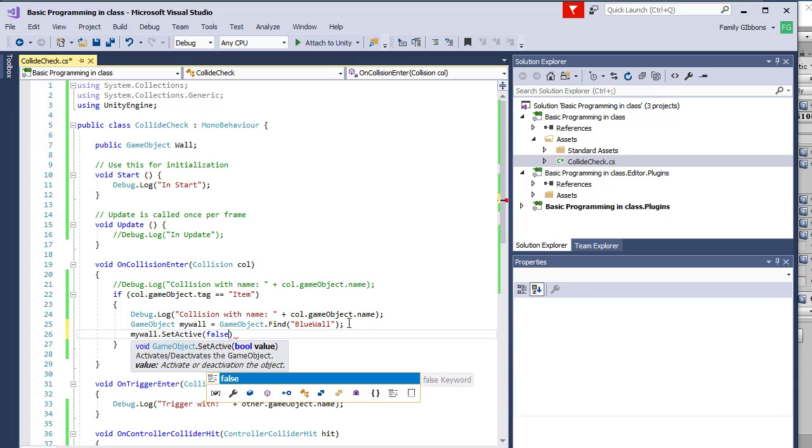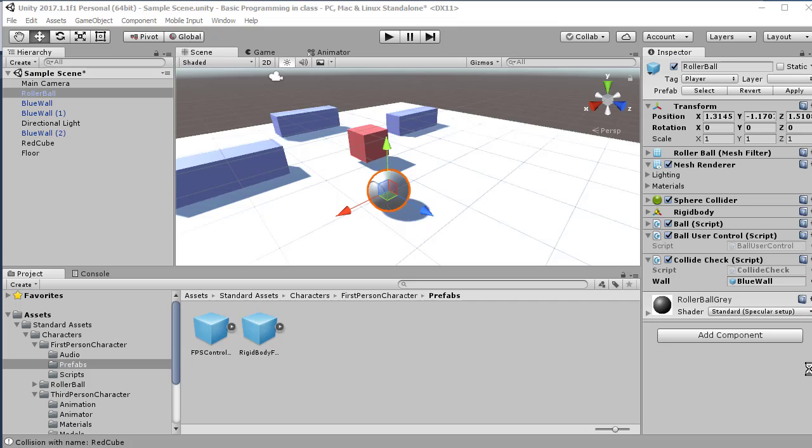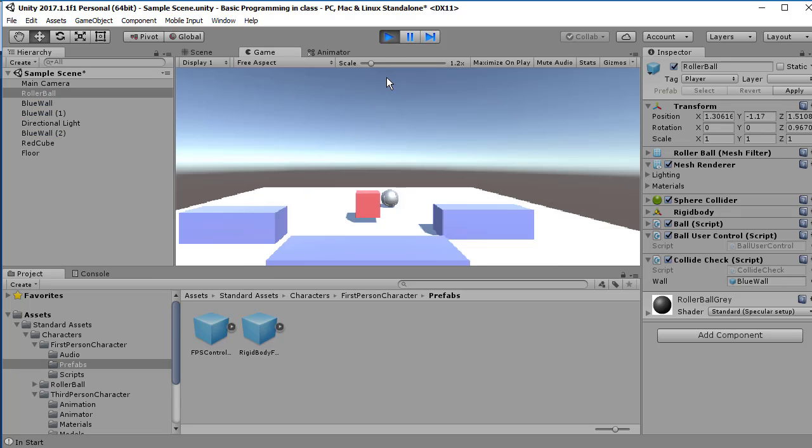Do false to get rid of it. So this will work. Now, one problem is that what if it doesn't find the wall? It'll give me an error message. Let's save this and see what happens. The first time the wall is going to be there, but in subsequent examples, the wall won't be there. So again, the first time I'm going through, I hit it, the wall is there, but next time I hit it,